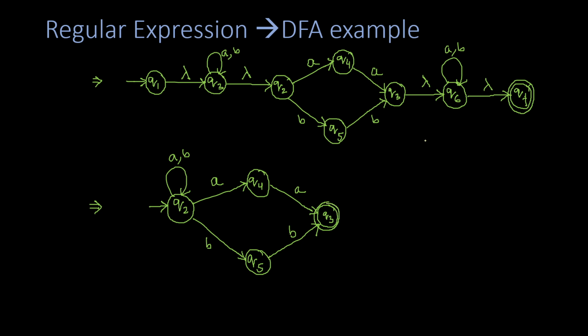As I told you, I can merge these three parts. Since I am merging, I have to collect the characteristics of all the states and then merge them. One of them is a final state, so the new state will be a final state. One of them has a self loop, so naturally we will have a self loop. And one of them is connected with the previous Q4 and Q5, and that I have done.